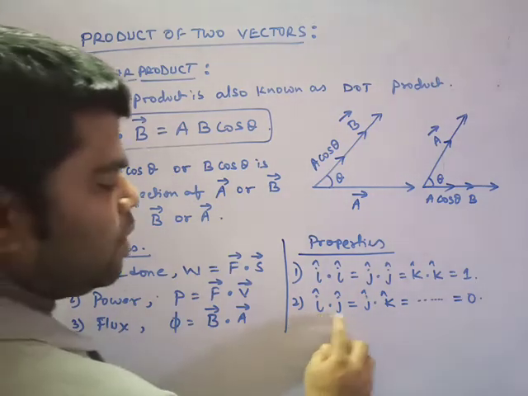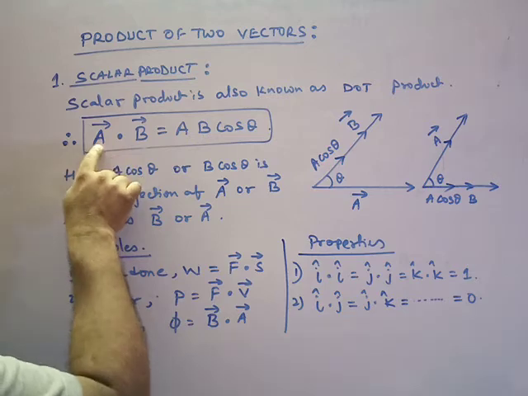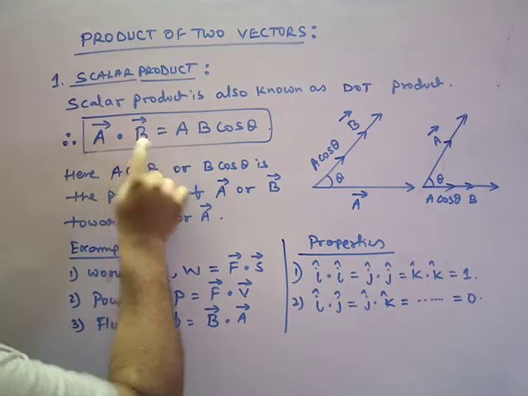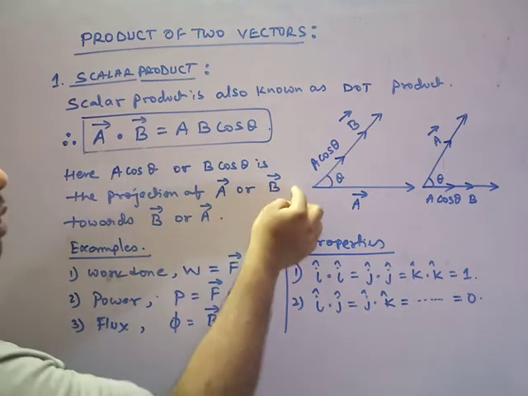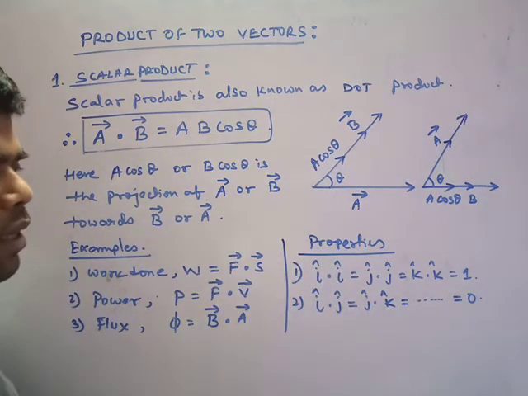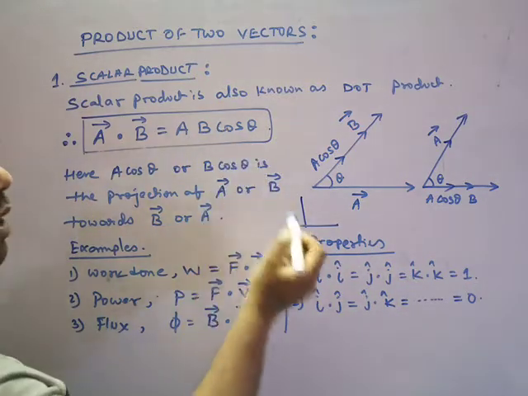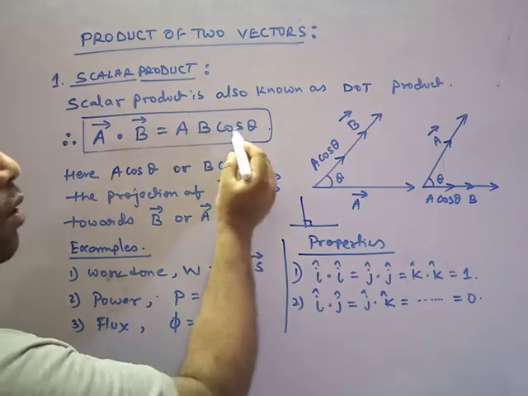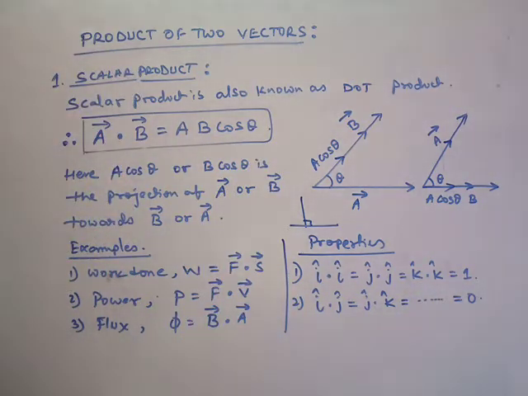And why do dissimilar orthogonals give you 0? For that, if I place here I dot j, we know I and j are perpendicular to each other. Right? So what is theta? Theta is 90. Cos 90 will give us 0. Overall you are getting 0 here. Is it clear? Yes.